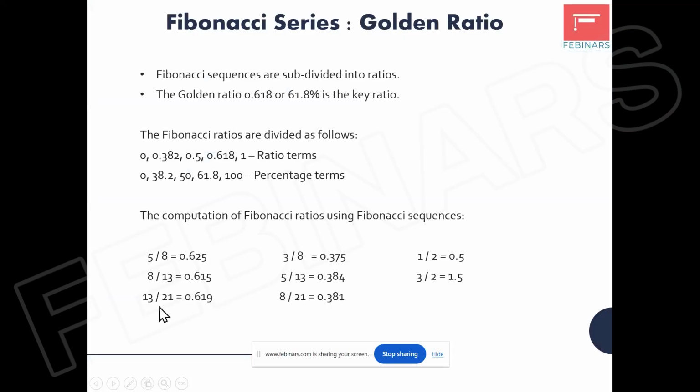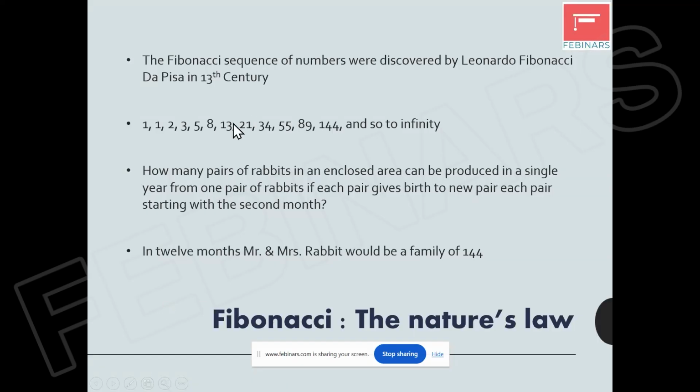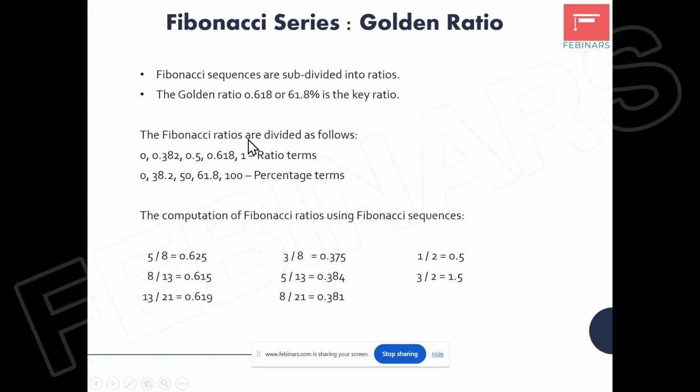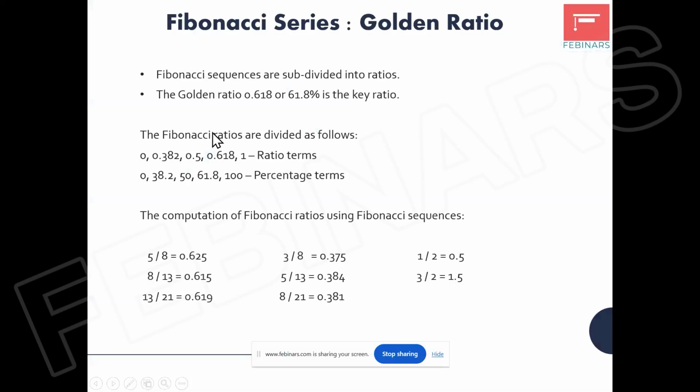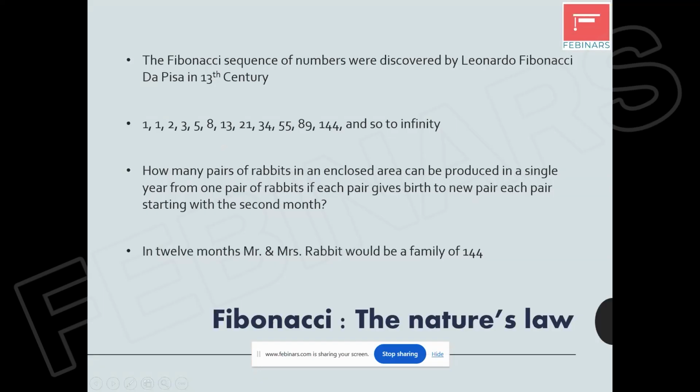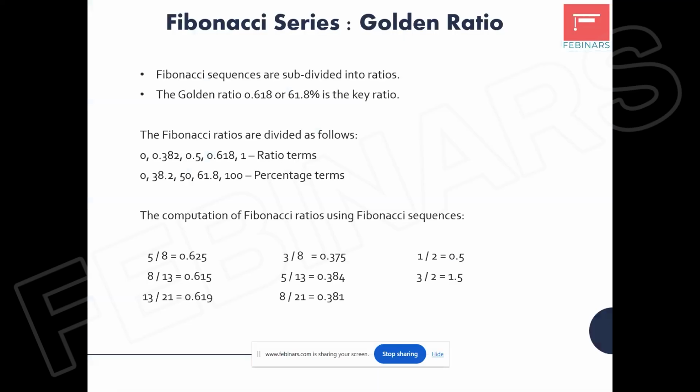How is the golden ratio calculated? 13 by 21 is 0.618, which is the golden ratio. Then you need to have a gap of one number in between, like 3 by 8 is 0.382. You can see it. 5 by 13, if you calculate it,